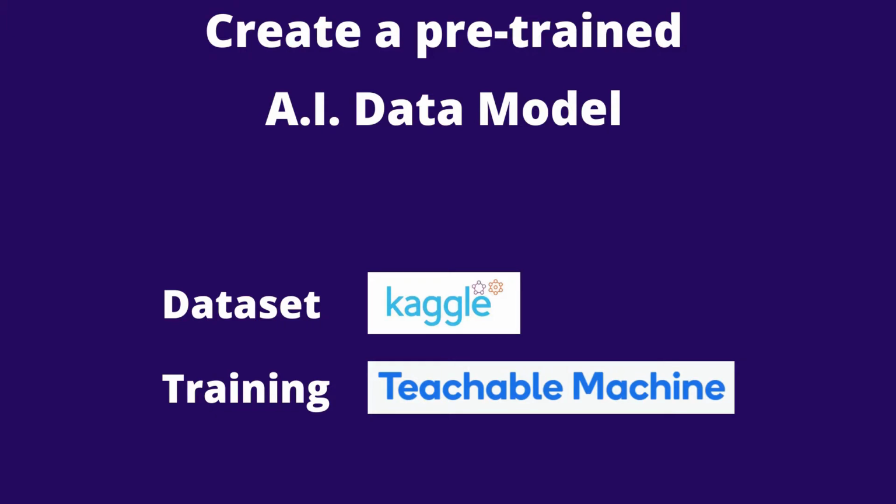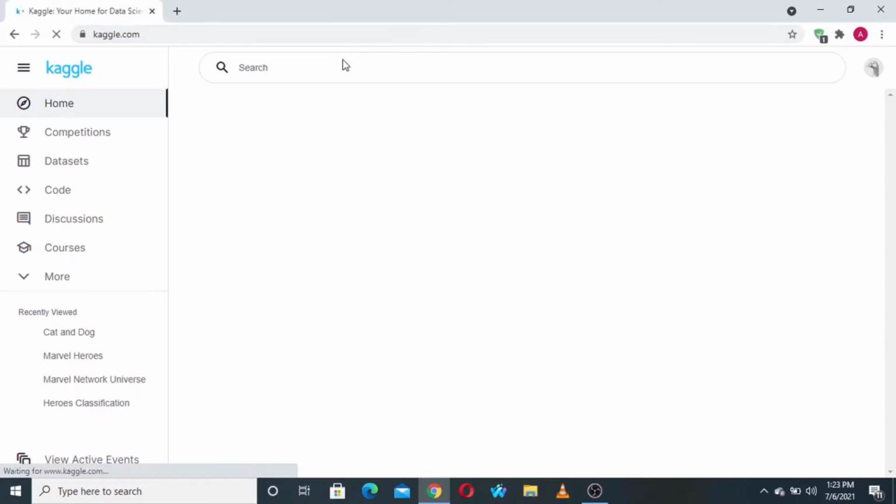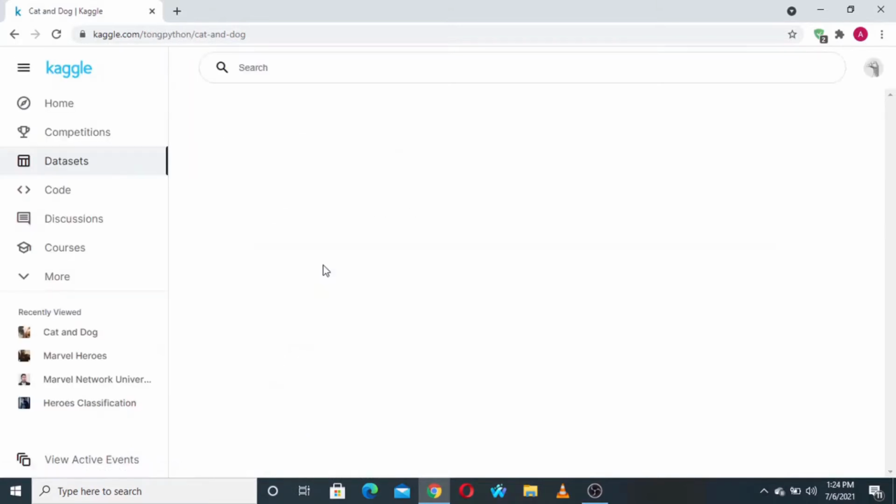I will show you how to download dataset images from Kaggle and then how to train them with Teachable Machine to make a pre-trained AI data model. For that, open up your browser and Google Kaggle, select kaggle.com and then go to the search bar and search for cat and dog. Click enter. Select the one which is by Schubert, SLY Schubert,